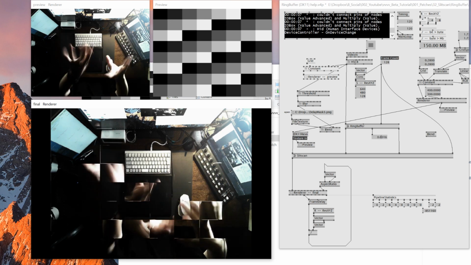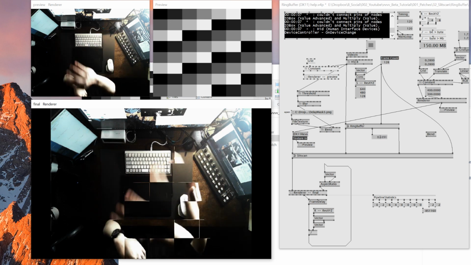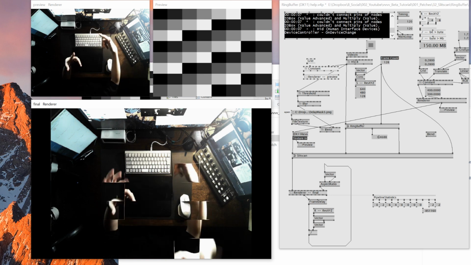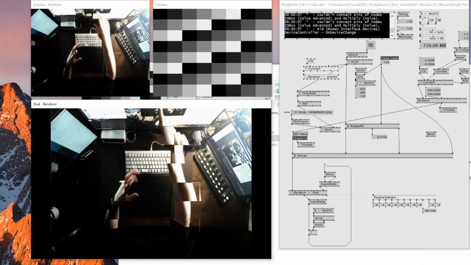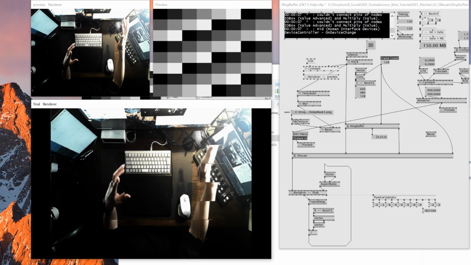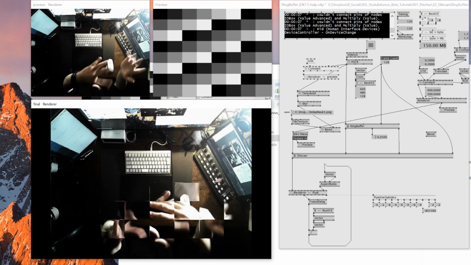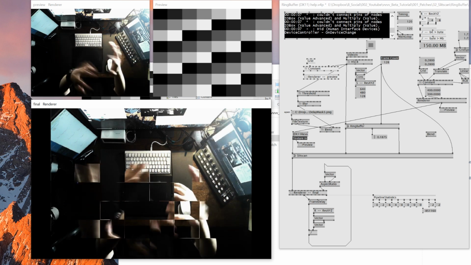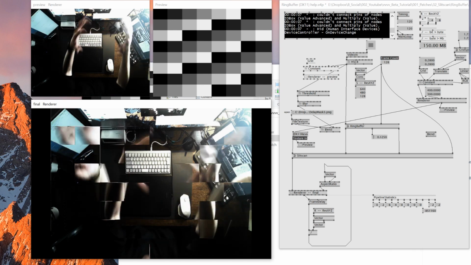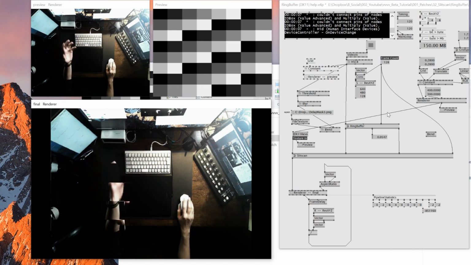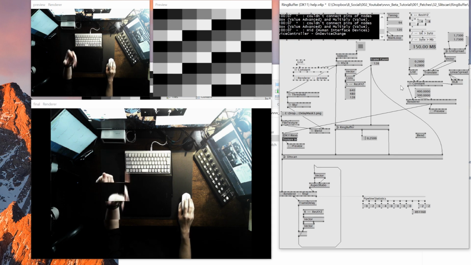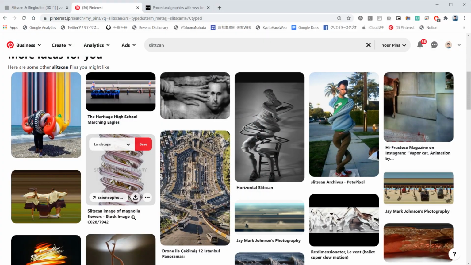So for example, if you want to animate a typography, then you might be feeding your typography animation as a video input and then apply the slit scan effect to it, and immediately you can get some sort of delayed cool visual as well. So there's a lot of potential using this ring buffer or slit scan effect. And what's cool about this plugin made by